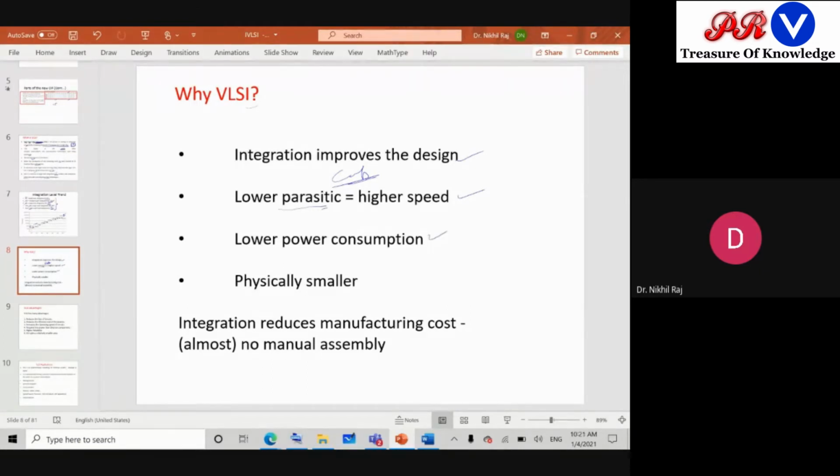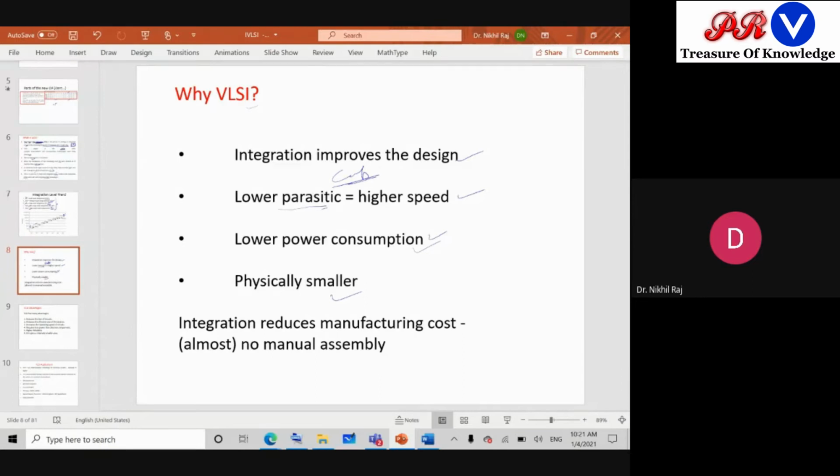When you increase the number of transistors, and each transistor is consuming, let's say, a nanowatt of power, and then 1,000 transistors are there, what happens? 1,000 times a nanowatt becomes some milliwatt or watt of power. That's why even a nanowatt is an issue with the design, because if we go to a femtowatt, then we can further reduce the power consumption. So low power consumption was also a factor. That's why we go through the VLSI protocols, and then physically the smaller dimensions.